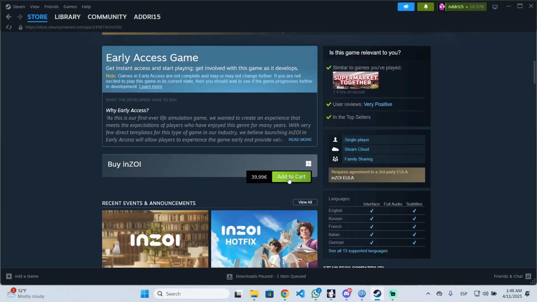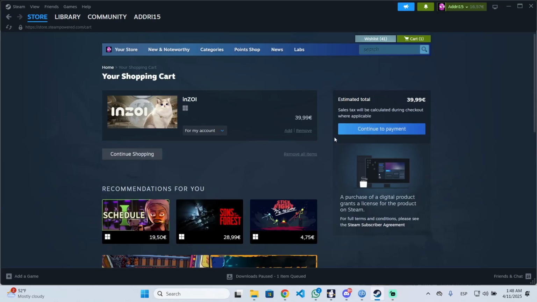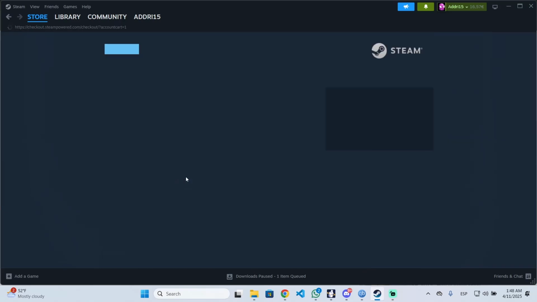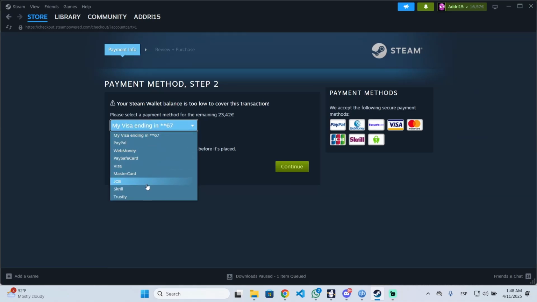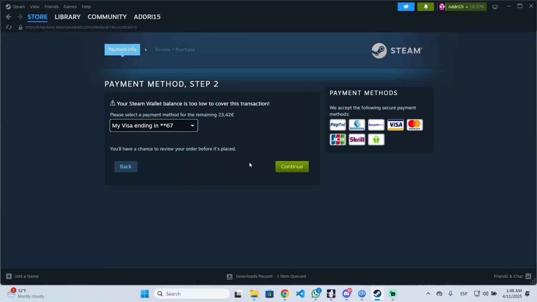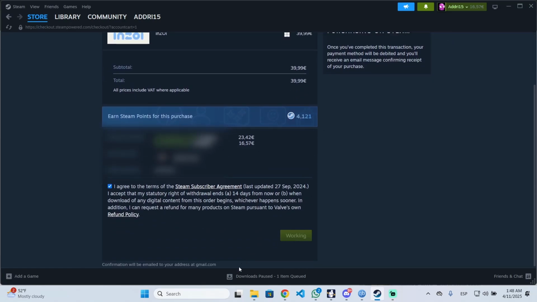So you just add it to your cart like this, view my cart, and here you need to continue to payment and select the payment method you want. So there are a lot of different payment methods you can choose. In this case, I will use the credit card, and I also have some Steam wallet balance, so it will use both. Now you just need to scroll down to the button on purchase and wait a few seconds until